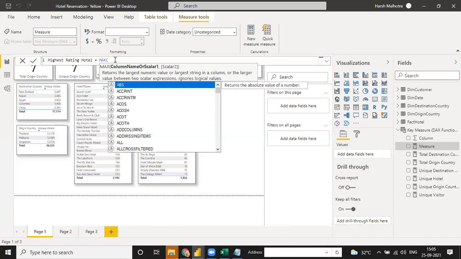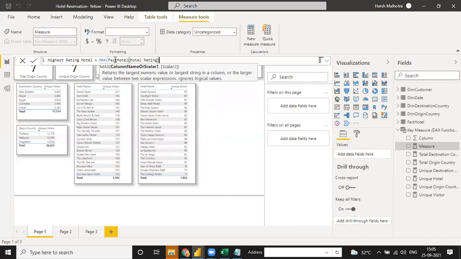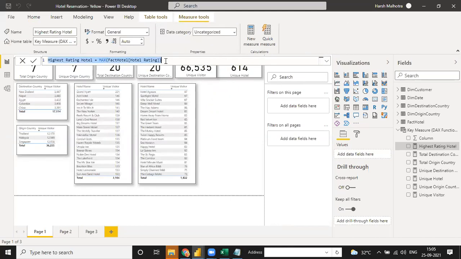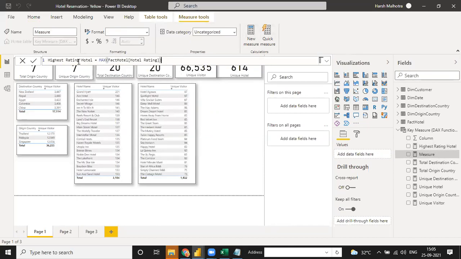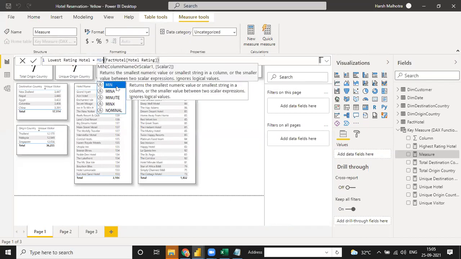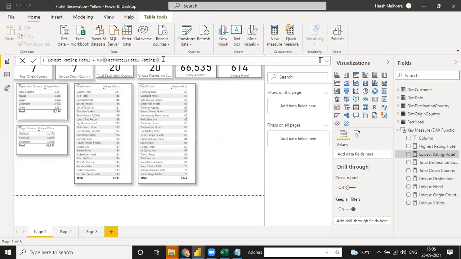So just click on this and go to hotel. Instead of ranking, you can use rating and see the maximum rating you have. In the same way, I copy it with Control C and click on new measure. First I write all three functions and then I will tell you in visualization. For the lowest instead of highest, and instead of max, you can use minimum, and click enter. It will tell you the lowest rating hotel.